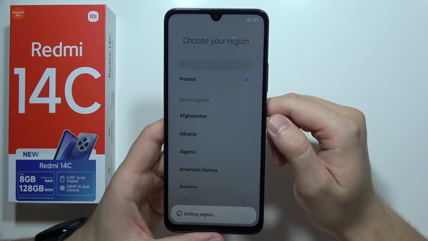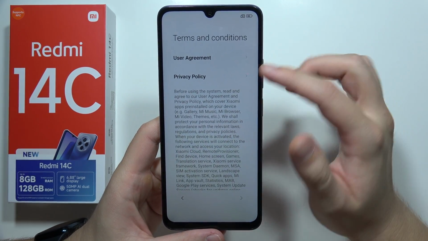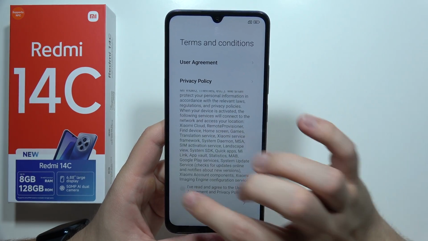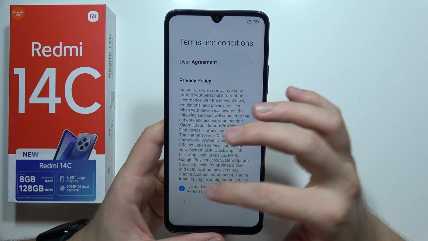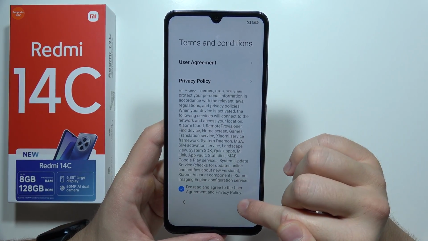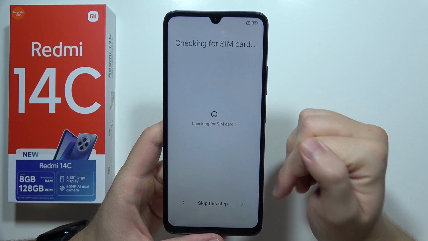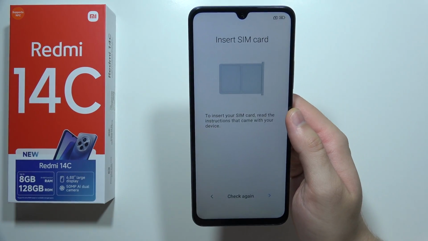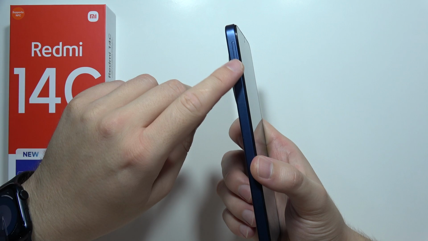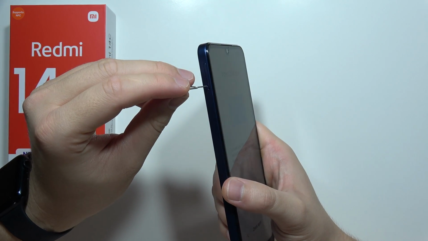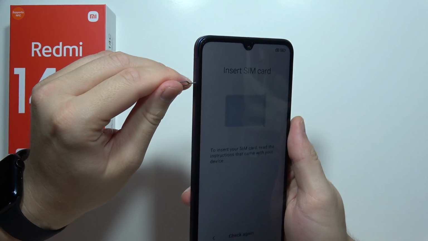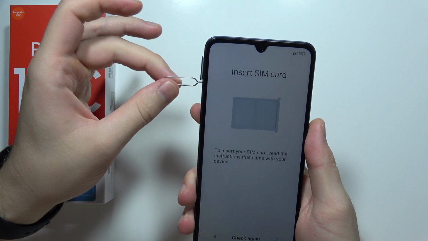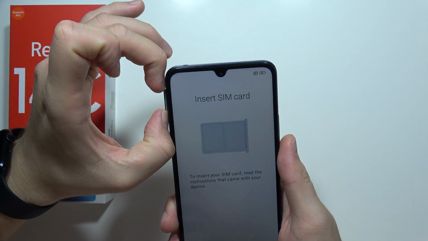Click on the arrow. Now we got terms and conditions, so we have to just scroll, click that we read and agree to the user agreement and policy. Click on the arrow, and now we have to input the SIM card. So this slot is located right here on the left upper corner. You will have to input this SIM tool right here, press,